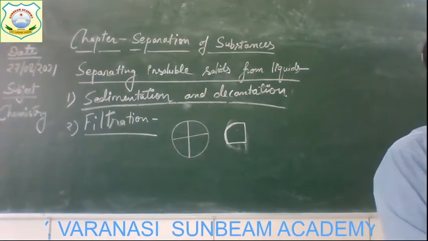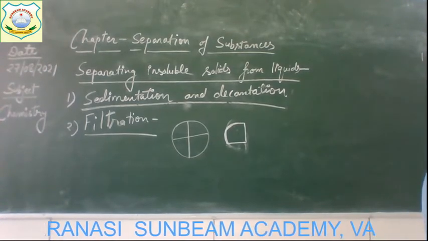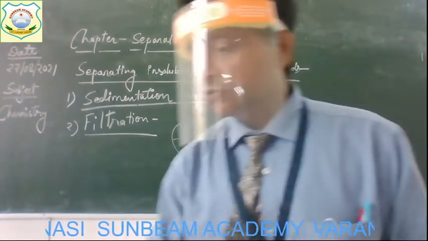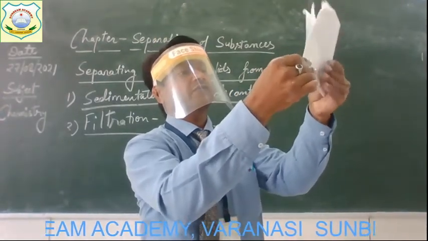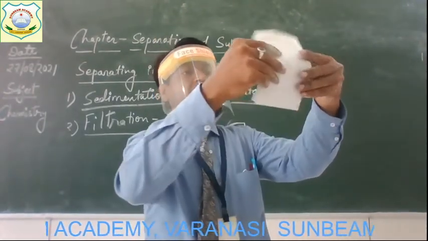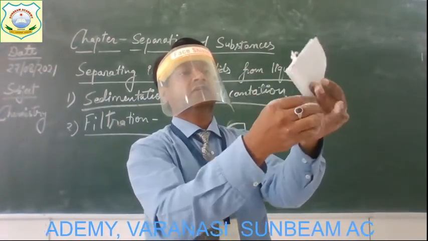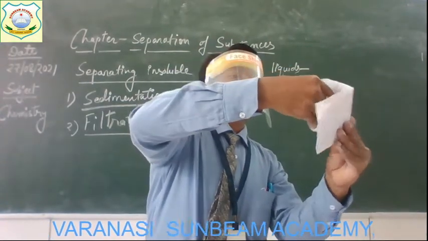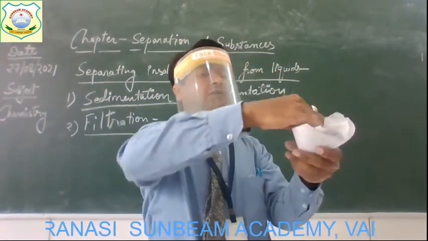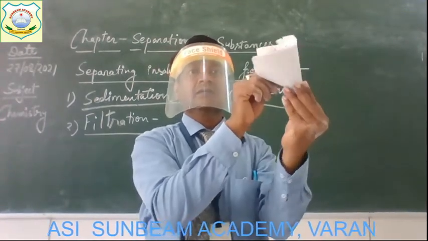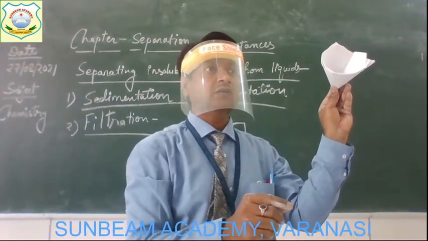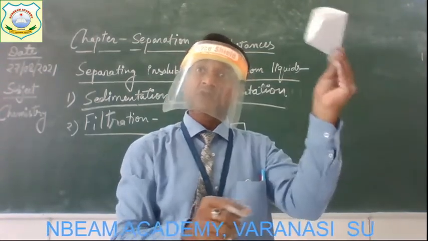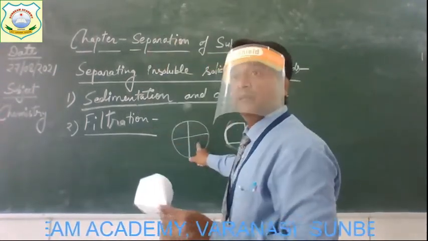What do you have to make? You have to make a cone of this filter paper. Just look, I am going to show you. Suppose this is the paper, so I will fold it 2 times. First half, and then second half. And now just open it like that. Your cone gets prepared. This is a cone. Alright, so you have to prepare this cone from the filter paper also.